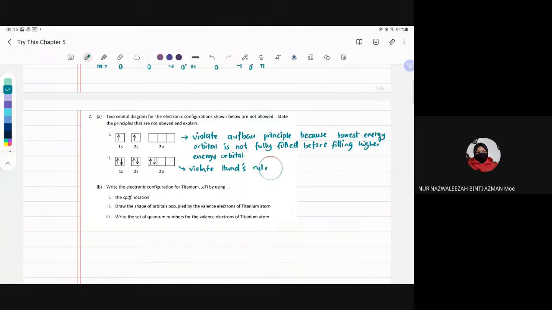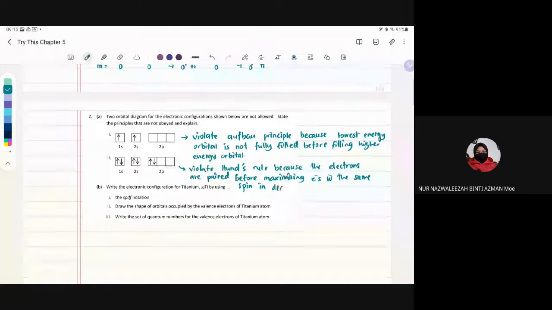Hans rule because the electrons are paired before maximizing electrons with the same spin in degenerate orbitals. Sebab Hans rule cakap, okay,